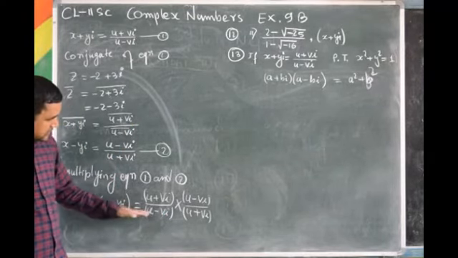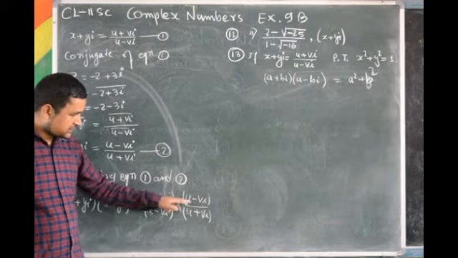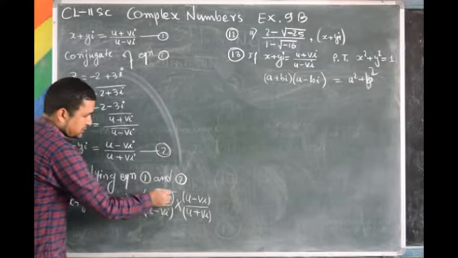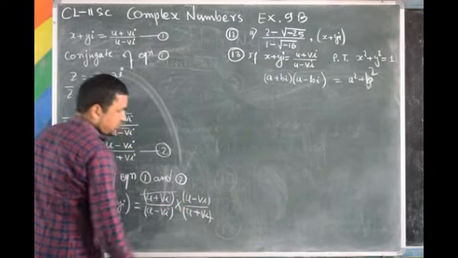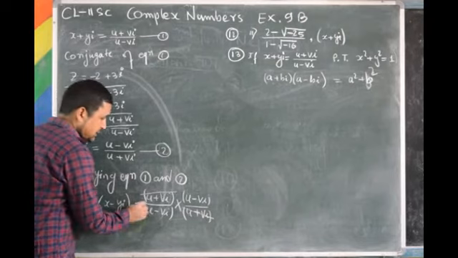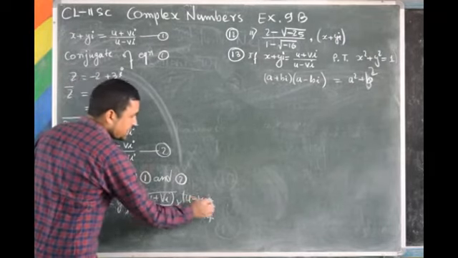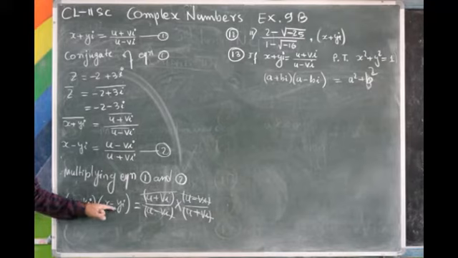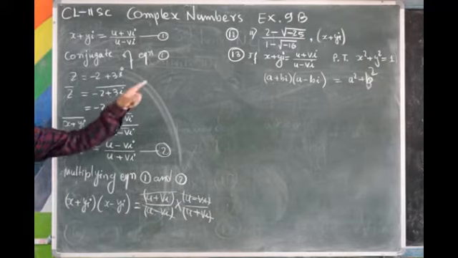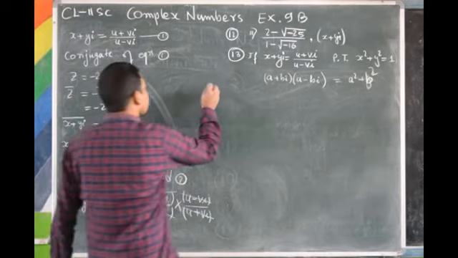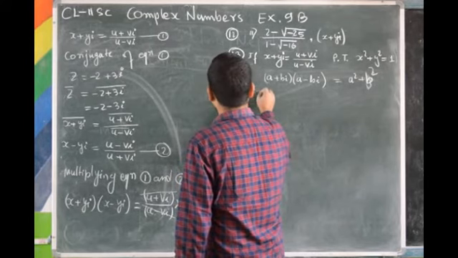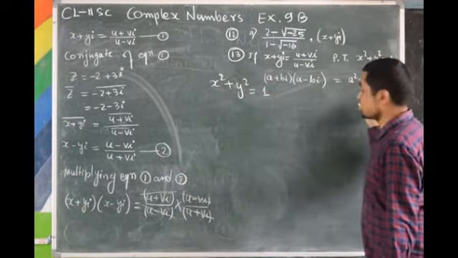They are almost the same. That means we can cancel it, numerator with denominator. Now let's cancel: u plus vi and u plus vi cancel because they are the same. u minus vi, u minus vi cancel. Now what is left? According to the formula, a plus b times a minus b in complex form equals a square plus b square. That means x square plus y square equals 1. Now we got the answer.